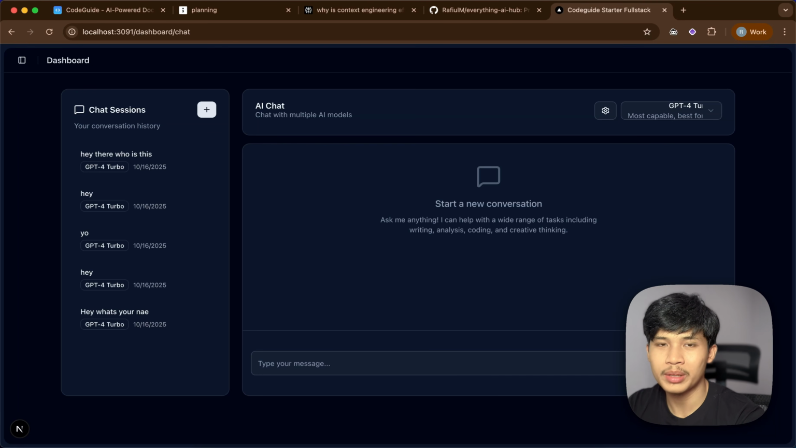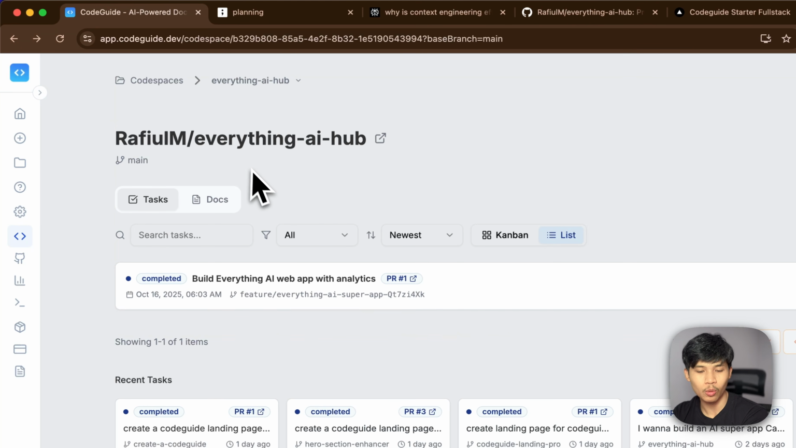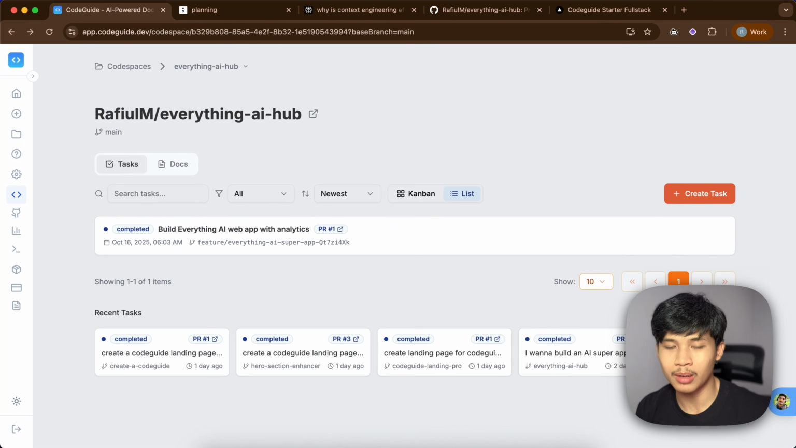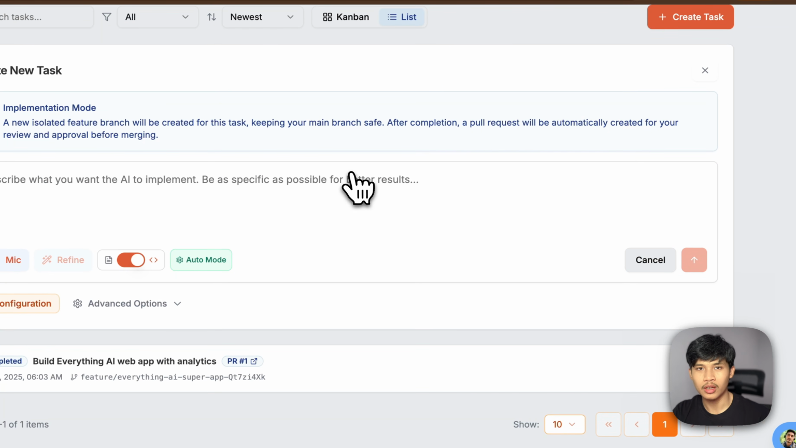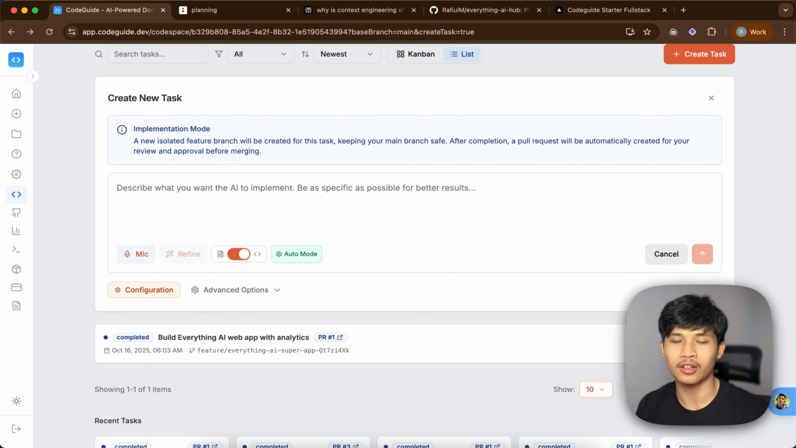Now I will be creating the plan through Codespace, where it already has an index or a summary of my code base. So we can just create a new task and tell it what to do. It will produce the planning, the knowledge base, and of course the specific tasks that it will pass on to